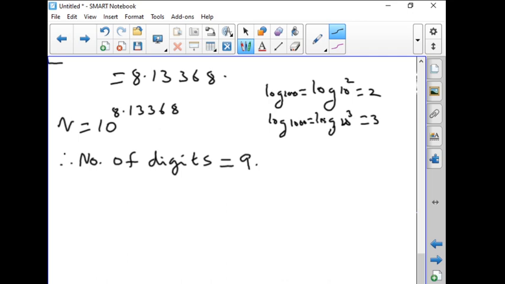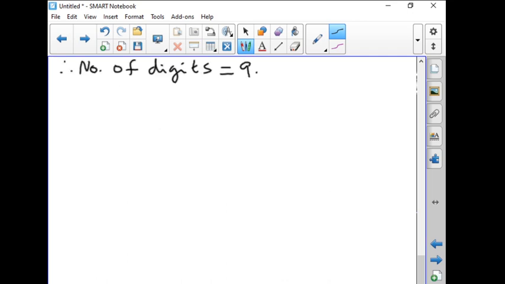Okay, now we will do one or two problems from the exercise. Exercise 2.12. See the first question, all 12 problems are very simple problems only. Okay. So a few we will give for homework. So now see here, b is greater than 0 and b not equal to 1. y equal to b power x, express this in logarithmic form.